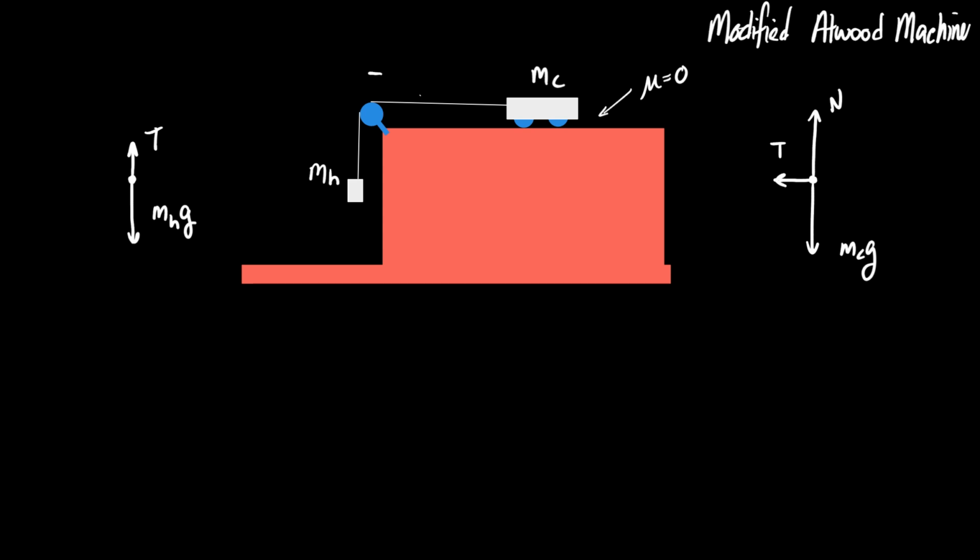So I'm going to use the pulley as the place where I determine what I think is positive. I think it's going to accelerate in this direction around the pulley. Do you guys agree? I'm going to make that the positive direction, which means downwards is the positive direction for the block, and to the right is the positive direction for the car. Be careful with these. This will change a little bit second semester. There are forces acting on the pulley, and we are ignoring them. That's because the pulley is massless and is not contributing any inertia to the problem.